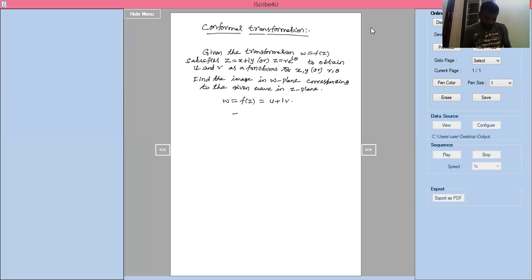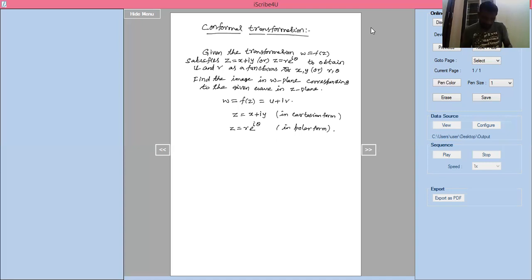In the place of z, we will put x plus iy in Cartesian form. This is Cartesian form, you will say. Or z equal to r into e power i theta you will put in polar form. Any one thing we will do, depending on the function we can substitute either z equal to x plus iy or z equal to r into e power i theta. These have all been seen in the last chapter only.